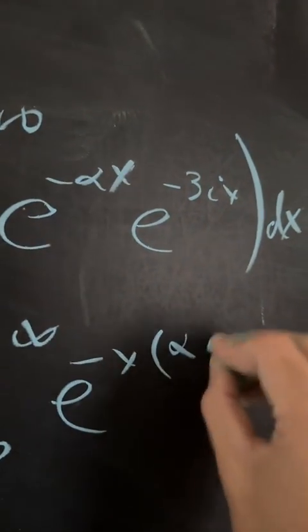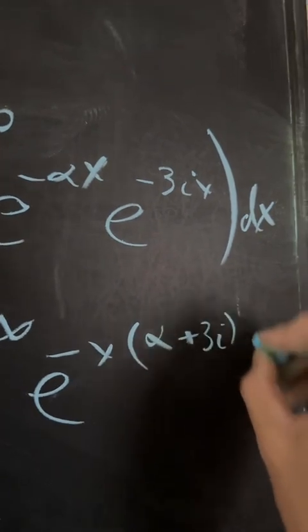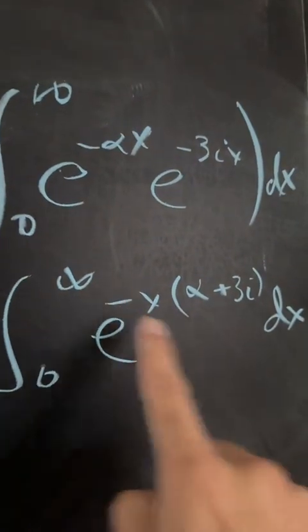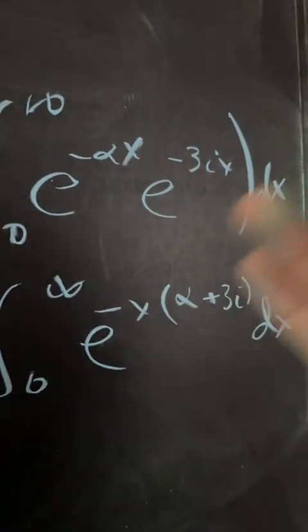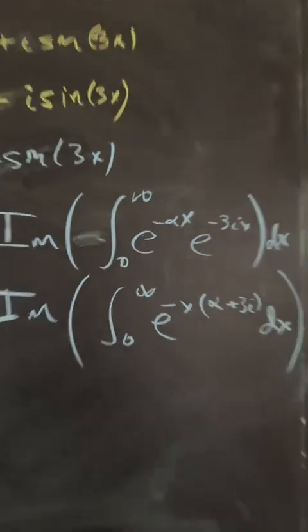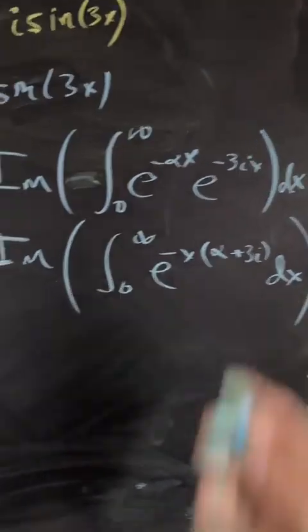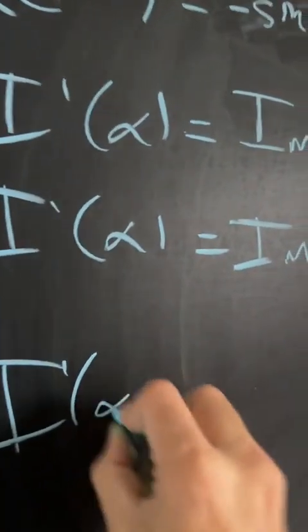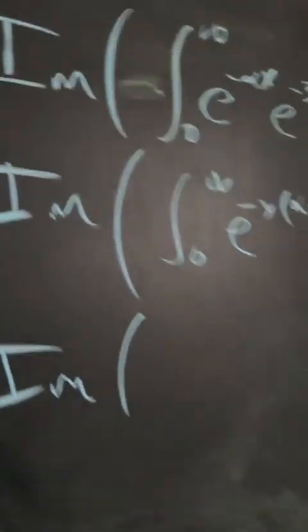And this is going to be alpha plus 3i. And then we have dx. And again, if you were to distribute the negative x, you will notice that it's the same value. Okay, now we can go ahead and integrate with respect to x. All we're doing is a u substitution. And if you do that on your own, or on a separate sheet of paper, you're going to have